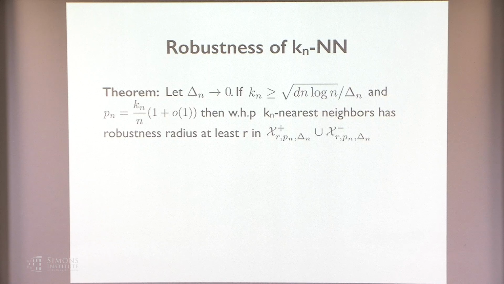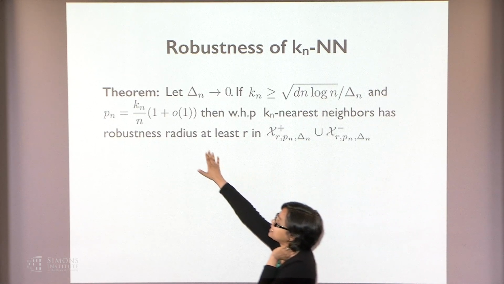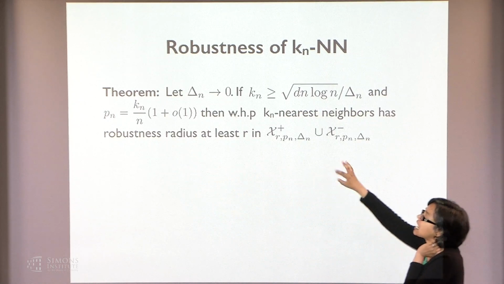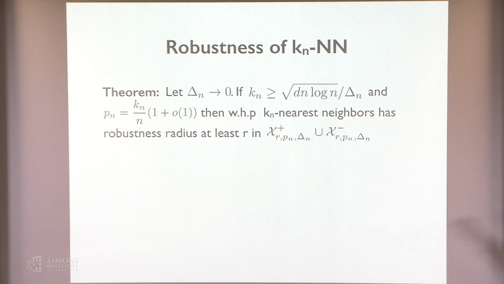Okay, what about k nearest neighbors? Here is something that we could show. Suppose we have a parameter delta_n, the margin parameter, that goes to 0. If k_n grows in this particular way, square root of d n log n divided by delta_n, and your p_n, it's a complicated expression, but think of it as k_n over n times 1 plus something, where that something is less than a constant. Then with high probability, and there is a 1 minus delta which is hidden in various constants, which I'm not going to go into,